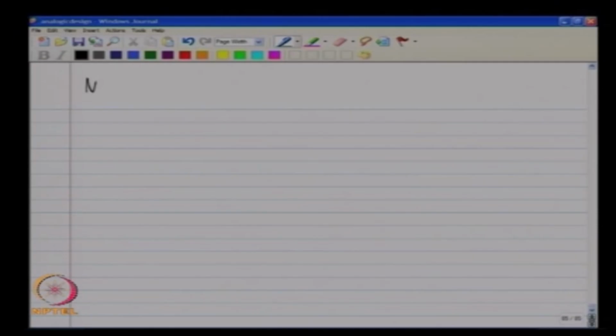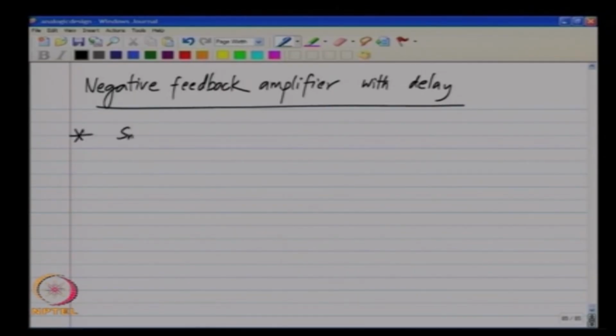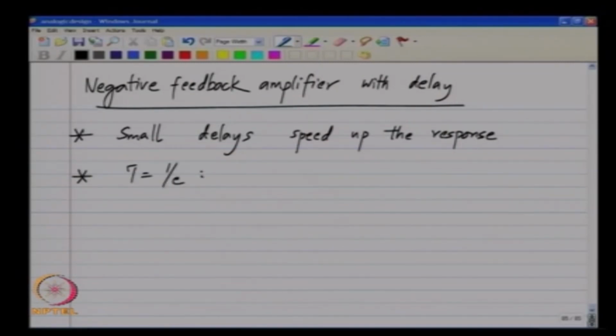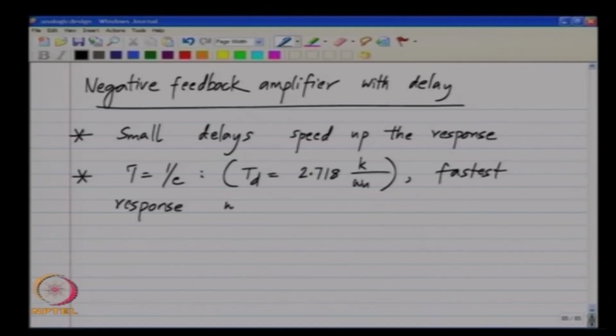Finally, a quick summary of the negative feedback amplifier with delay. The small delays actually help you, they speed up the response, and this is because with a small amount of delay you are always accelerating a little more than you should. For tau equals 1 by e, that is Td is about 2.7 times the time constant k by omega u, you get the fastest response without overshoot,